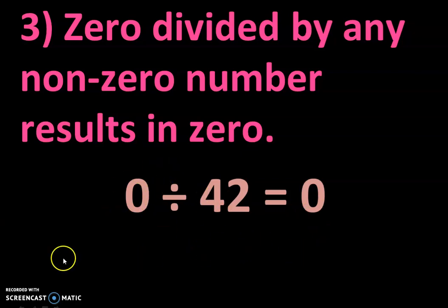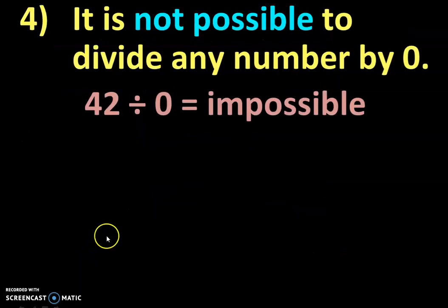That is the answer. So now this is the fourth property, where we cannot divide a number by 0. That is, the divisor can never be 0. And we say it is impossible. When 0 comes over here in the divisor place, you say it is impossible. When you go to the higher classes, we say it is infinity or not determined, or we cannot find the answer. But here in your class, we say it is impossible. So it is not possible to divide a number by 0. That is, the divisor cannot be 0.